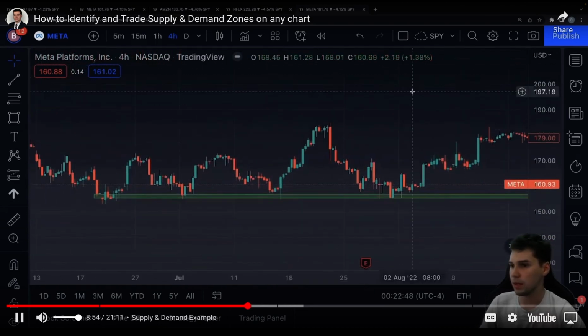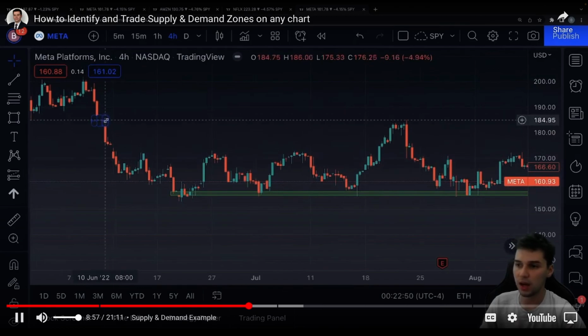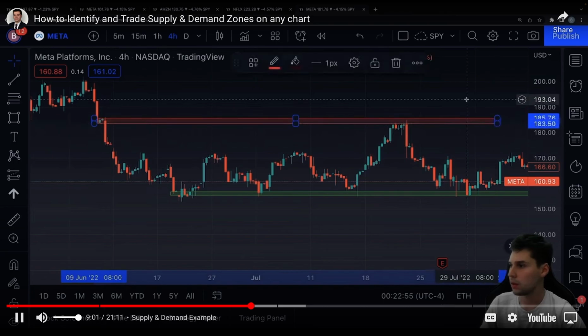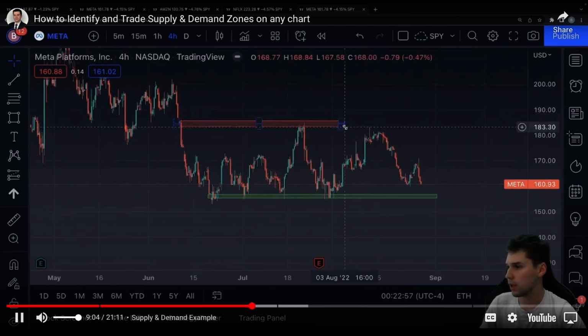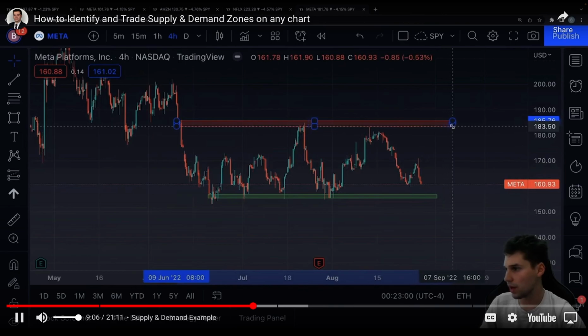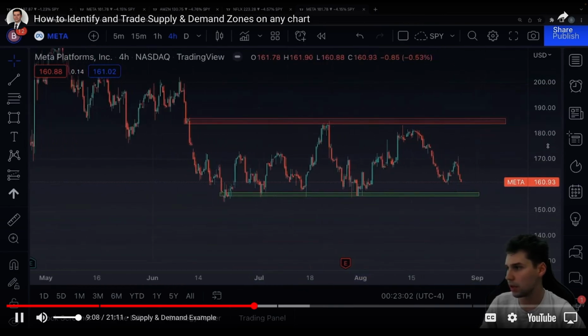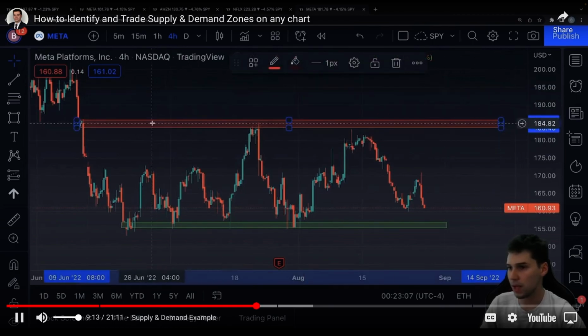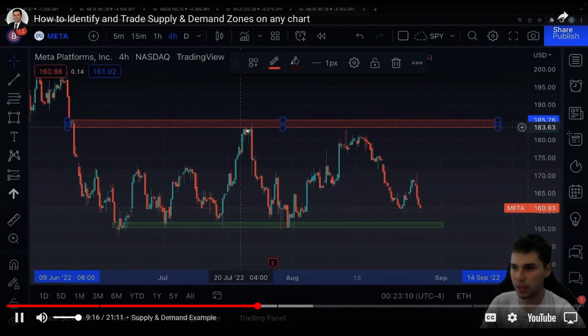Then I'm going to draw the zone over, and we're going to see how the stock has interacted with this level, right? Zoom out a little bit better, and let's see what the stock has done off of this level here, okay? And you can easily see that we've rejected off of this, not just once. This was the first potential play you could have taken, but it also happened a second time here in early August, right? This is a very clean supply zone on Meta that is actually still very much so intact,